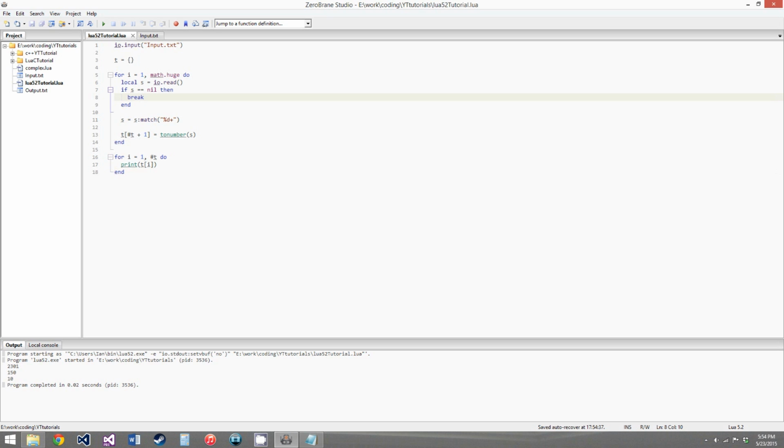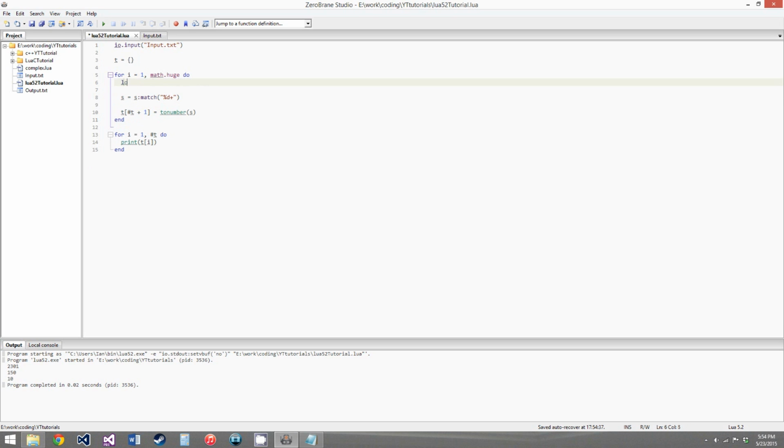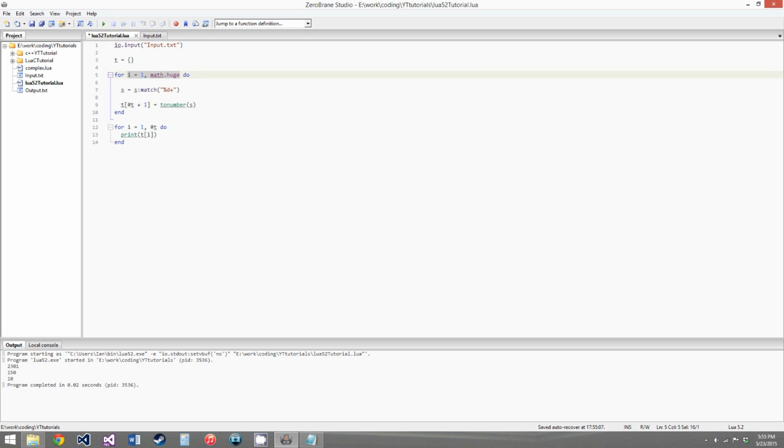But it's also possible to do it in a bit simpler way without this kind of ugly looking infinite for loop, and also without this equally ugly looking if statement here. So what we can do is get rid of all this, and then we can use another function in the IO library, and we can say for s in io.lines,